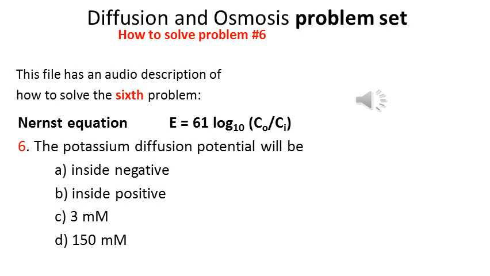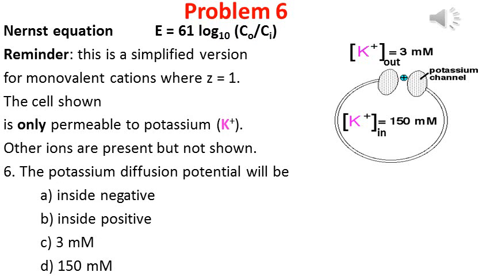This file describes how to solve the sixth problem in the diffusion and osmosis problem set. Problems 6 through 8 illustrate basic concepts and skills for using the Nernst equation. This is the simplified version of the equation where Z equals 1, which can be used for monovalent cations such